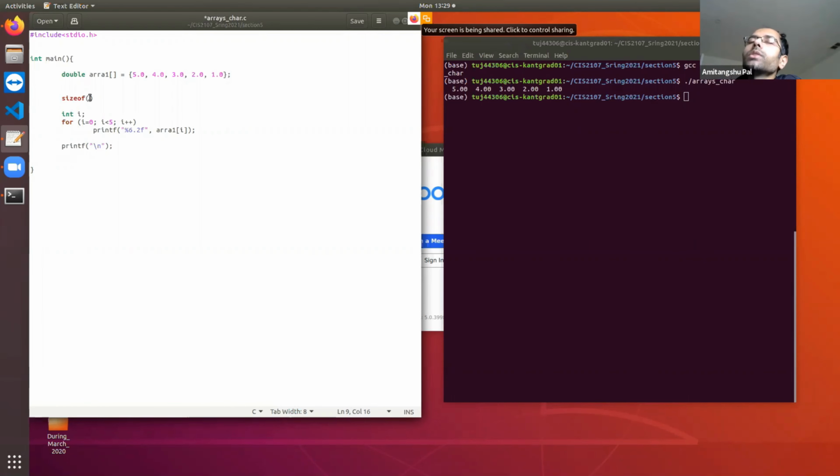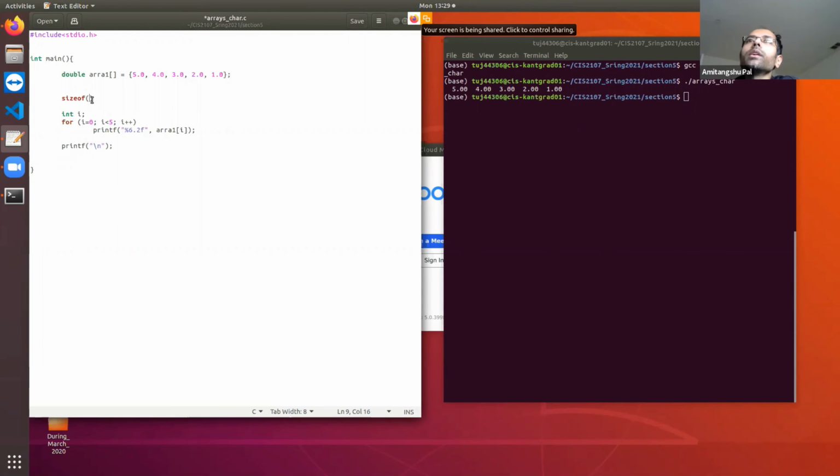Okay. So suppose if I type sizeof integer, it is going to return the number of bytes allocated to the memory by an integer. Okay. If I pass sizeof double, that means it is going to return the number of bytes allocated to the memory by a double.